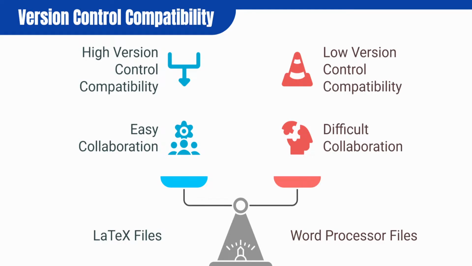All this is complete transparency. In contrast, traditional word processor files are binary, which makes them difficult to manage with version control. They don't easily show what changed, and merging different versions can lead to conflict or even loss of work. So with LaTeX and Git, you not only write better, but also collaborate smarter, especially in academic and technical environments where teamwork, traceability, and version history are essential.